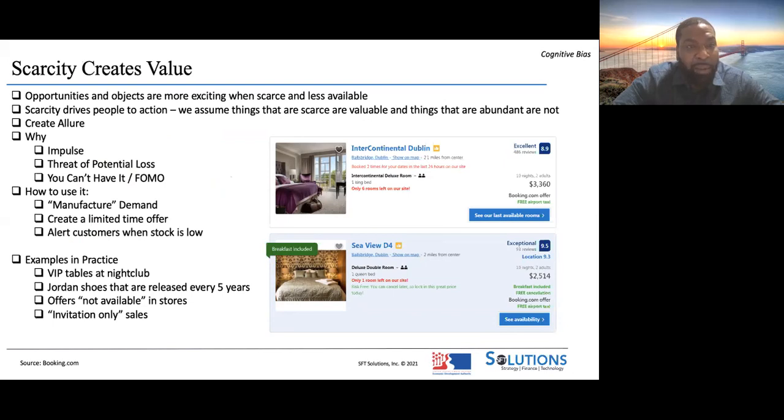Psychology is a weird thing, right? We want that thing that is just out of our grasp. So people tend to fear missing out. You can't have it, like it's an exclusive thing. You can use this to manufacture demand in whatever business you own. It's a 1-day sale, or we only have 50 left. Nobody has to know that you actually got a storeroom full of these things. You have to create the narrative and create the value. And scarcity is one of those things that creates a lot of value for entrepreneurs.